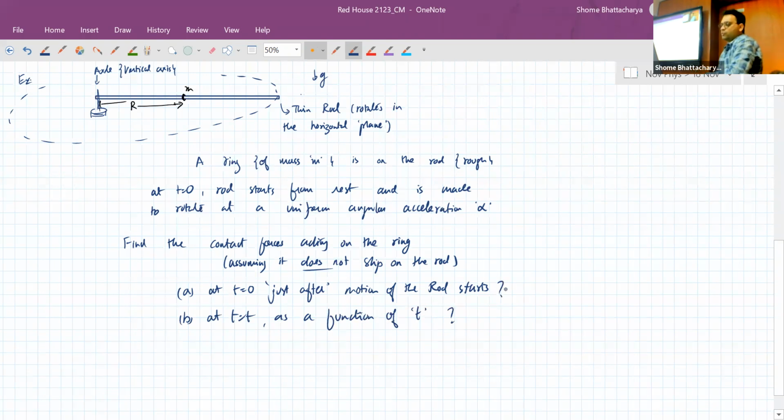Okay, so it's all about forces, so it's all about dynamics. And anything with dynamics, you always start with a free body diagram. Okay, so when you make the free body diagram of the ring, you can treat it like a particle, and it's in a specific type of motion. What type of motion is it in? Non-uniform circular motion, but non-uniform circular motion with constant alpha. So first visualize the forces acting on it. Then according to whatever acceleration you feel it will have, you have to resolve the forces.